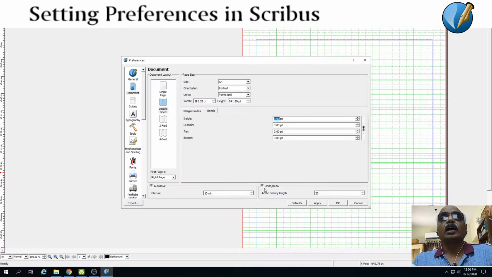And then undo and redo. So here you can undo and redo. Normally 20 undo and redo histories are saved by default. 20 undo and redo histories are held within the software. So you can go back and forth 20 times. Supposing you want to increase this action length, so you want to go up to 50 or 60, it is still possible. It can undo 60 such actions which you have executed if you increase the action history length.